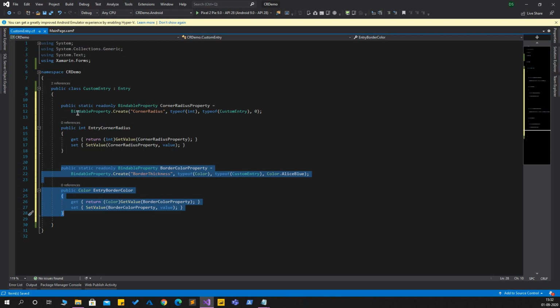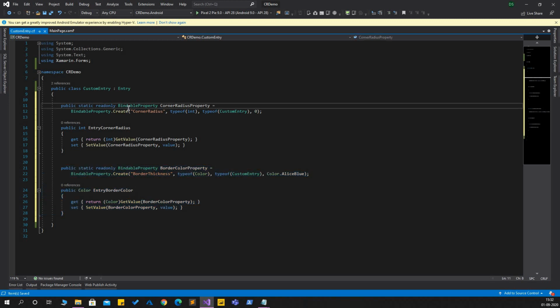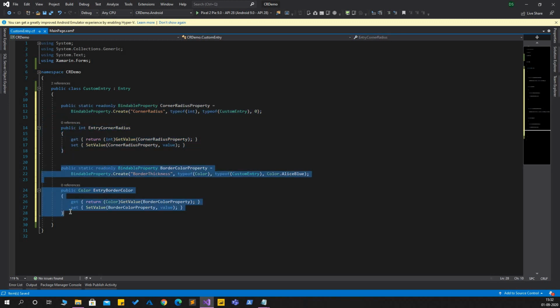To create a bindable property, we create an object of bindable property type, and in the constructor we pass the name of the bindable property, the return type of the bindable property, which is int in this case, and the class in which this bindable property is being declared, and the default value for the bindable property. So we have two bindable properties.